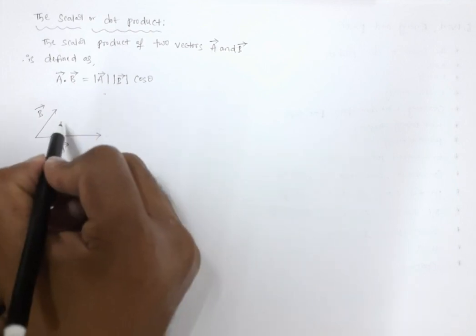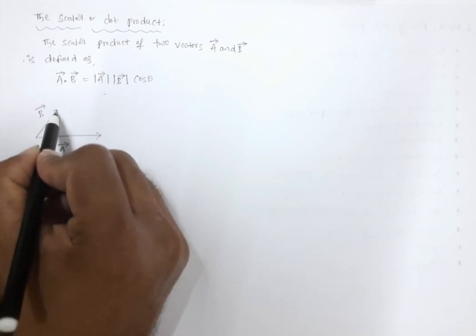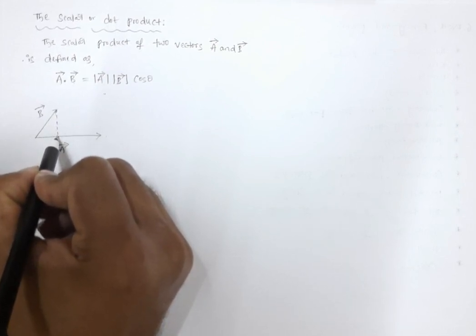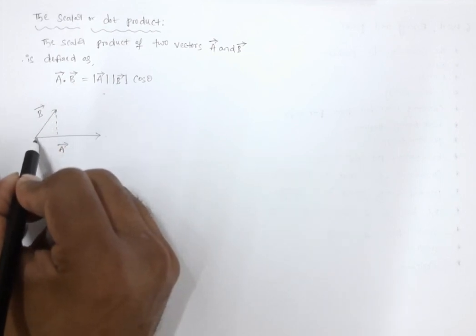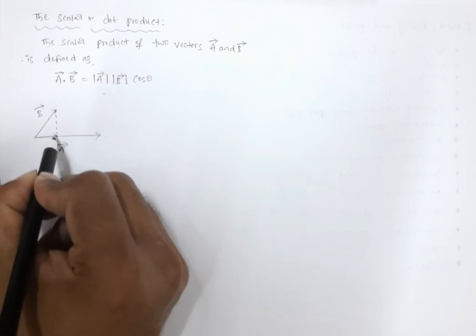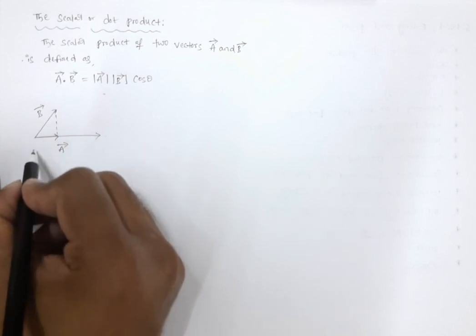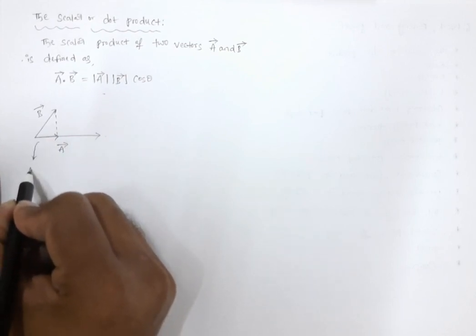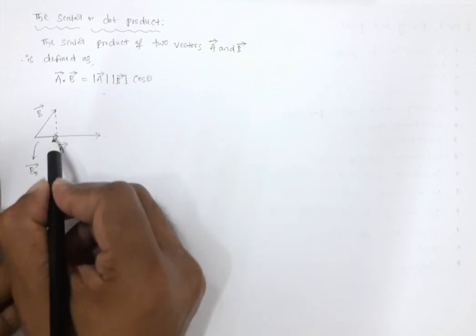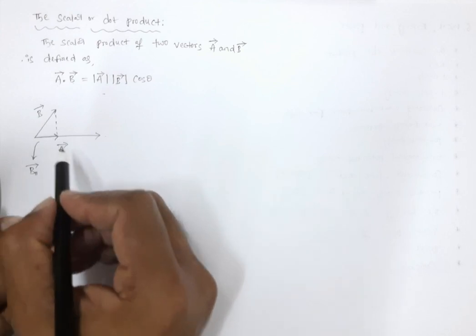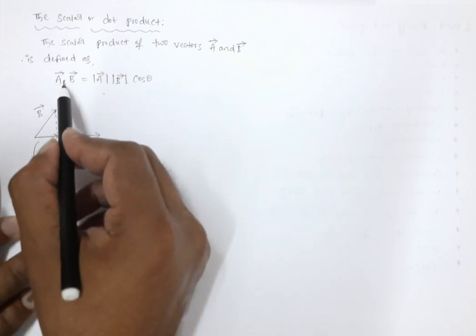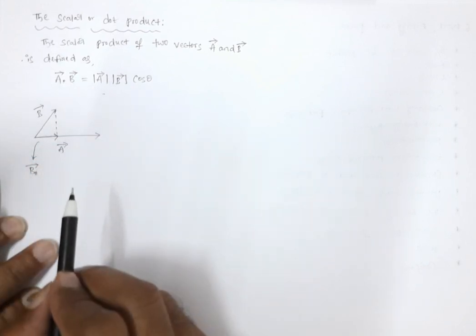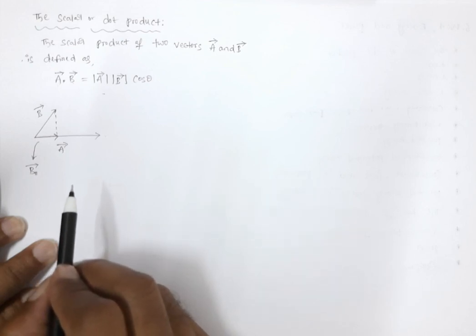Here I'll explain. Now take the parallel component of b bar. So what do we do? This b bar can be resolved into two components. B bar can be written as this one vector and this another vector, right? So this vector, you can write it as B parallel vector. Parallel to whom? This vector is parallel to A bar. So the product of this vector and this vector is actually called the dot product or scalar product. So scalar product is nothing but the product of parallel components of two vectors.